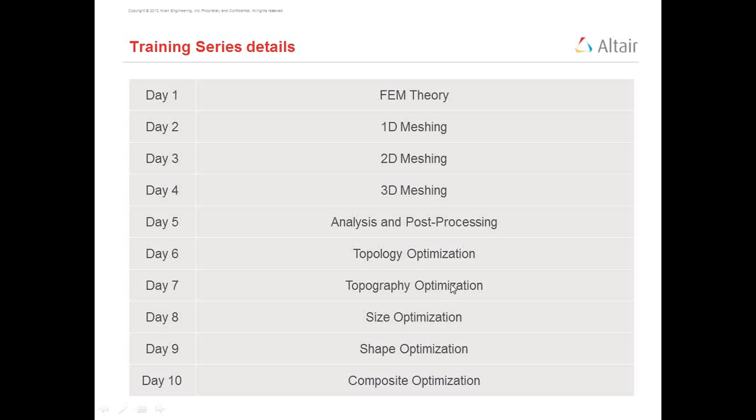Now I have divided day 6 into 2 parts. In part 1 I covered some of the topology optimization tutorials, and today in part 2 I will cover the rest of the topology optimization tutorials. Later we will see how to perform topography optimization on day 7. On day 8 we will see size optimization, day 9 shape optimization, and on day 10 we will end up with